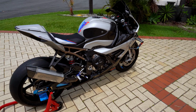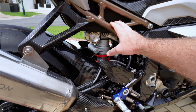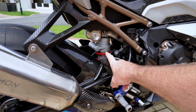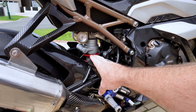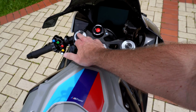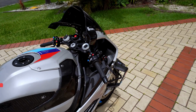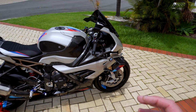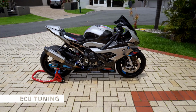But I think for saleability, if we did sell this bike, I think it would sell a lot better if it had some upgraded, maybe a Bitubo rear shock in there or a K-Tech, and the same on the front. So do away with the existing, I think these are Sachs, and put something else in there that's a bit more high standard. Maybe YSS, I'm really not sure. But that's probably the only thing performance-wise I would do,